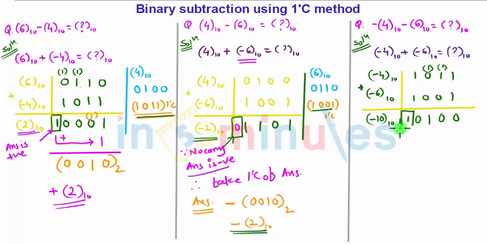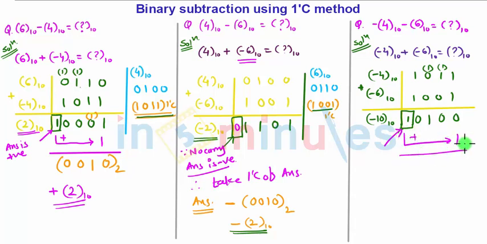Now the carry is generated, but we know that we are adding two numbers in ones complement form, and ones complement form is particularly used for negative numbers. That means we are adding two negative numbers, so this is a contradiction to rule number 1, and hence this carry is not important here. So we will not treat it as a carry, because we are actually adding two negative numbers in ones complement form. Whatever answer you get, you need to add this carry to it first. So we'll add this carry to the answer.